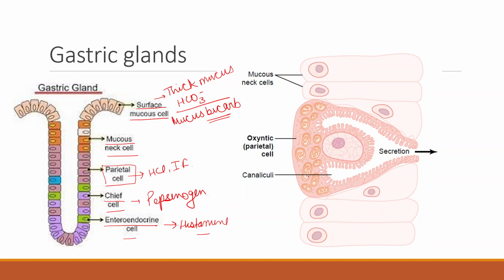The parietal cell is the most important cell. If this is the lumen of the stomach, you can see that the parietal cells are arranged in such a way that these canals open toward the lumen, right? They have a folding to increase surface area so that more channels can be there for acid secretion. Whenever we eat food, that stimulates more foldings here, more mitochondria, and more channels over here. So the number of channels increases over this surface. That is called an active parietal cell.